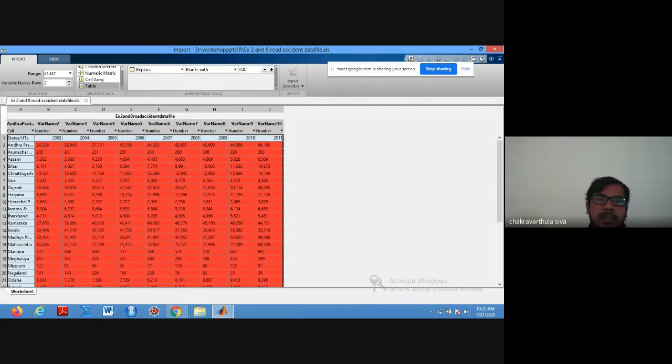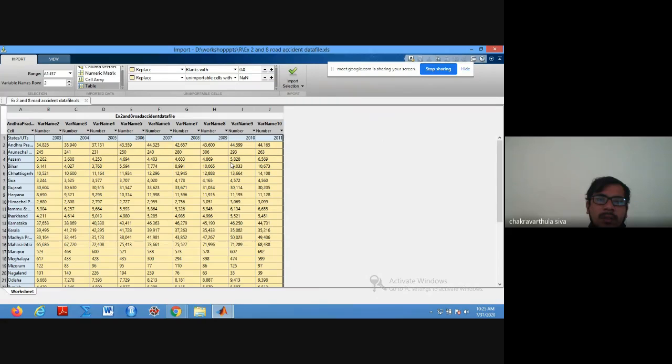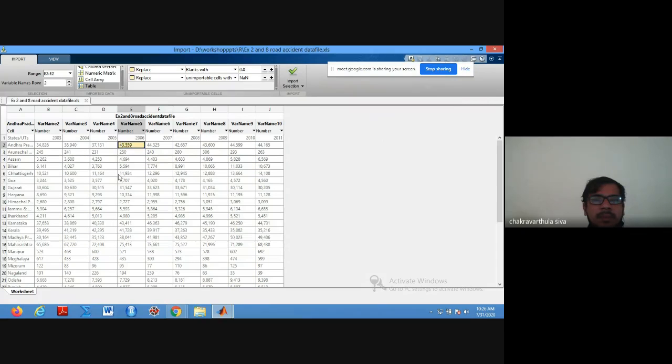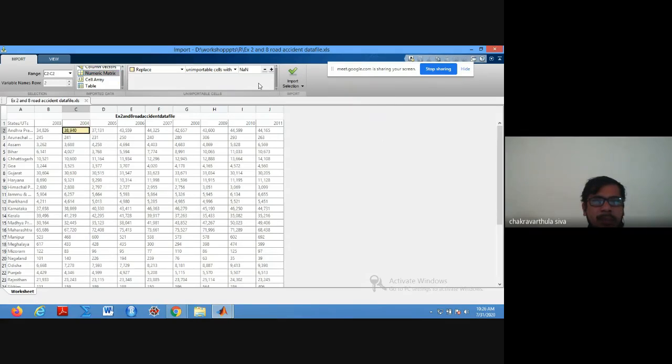So I'm just importing data. Everywhere it is generating replace. You don't need to replace, right? Just remove this. Only blanks with NaN.